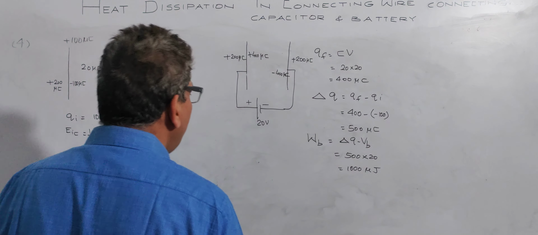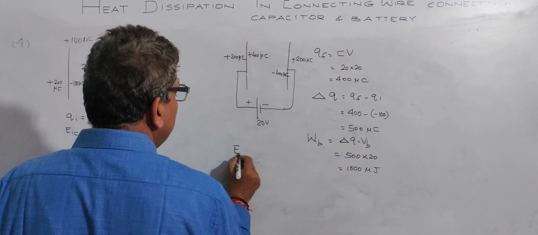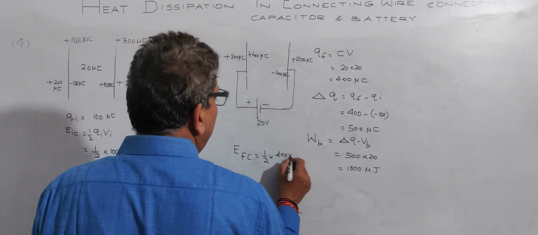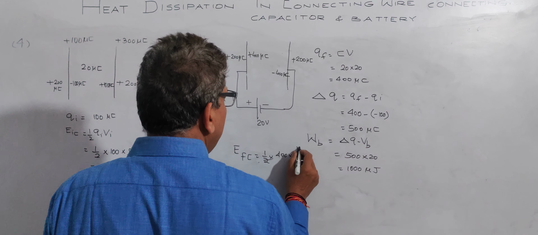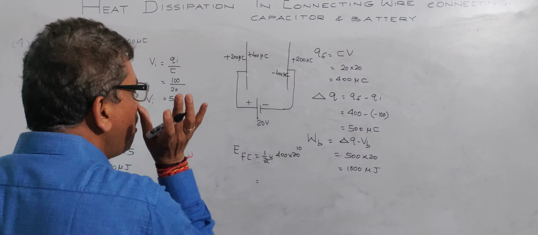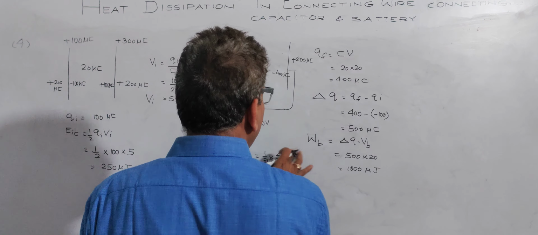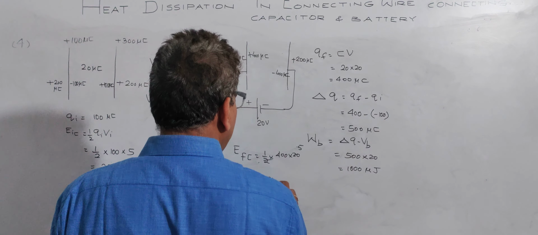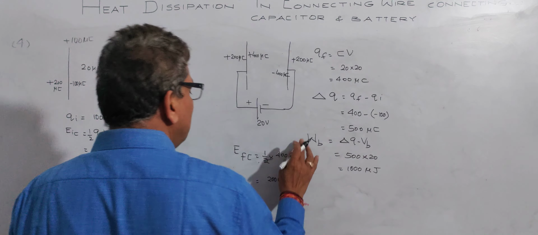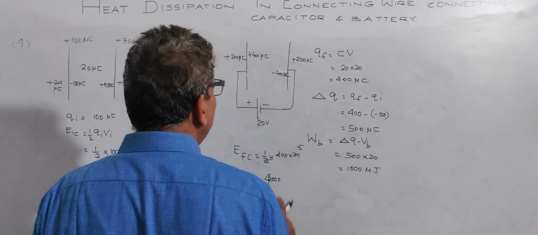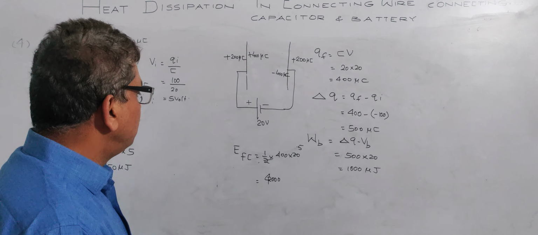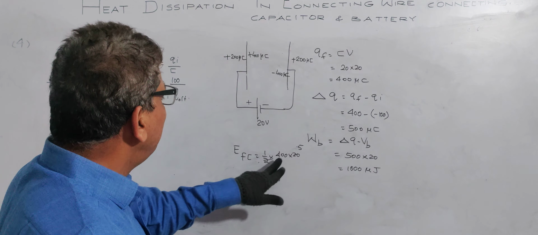Is it clear? Now what is the final energy stored in the capacitor? Final energy of the capacitor is half Q times V, 400 and 20. This will be 400 microcoulomb. 5 times 2000, 2000, 10, 4000. 4000, half into